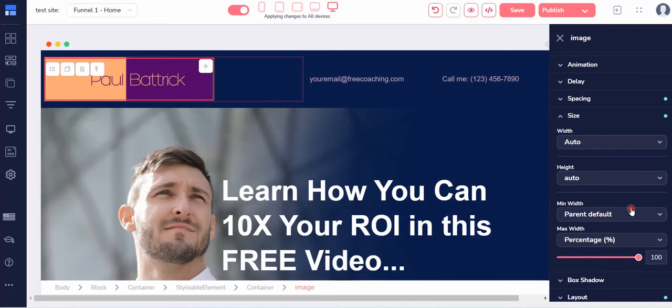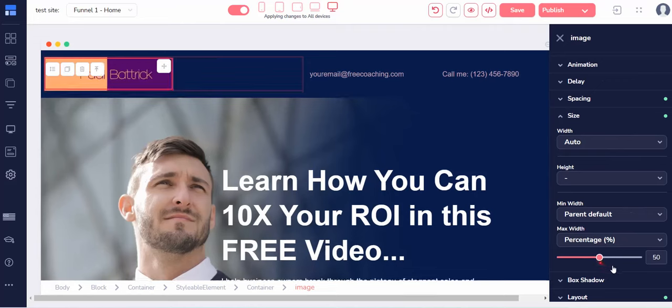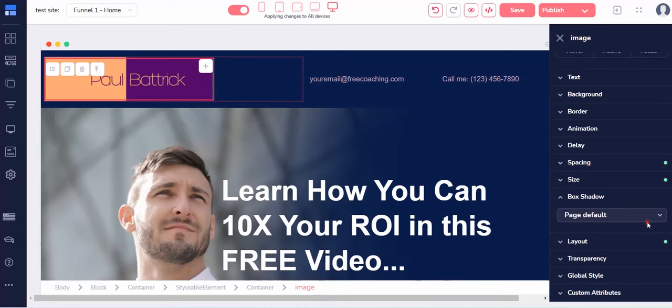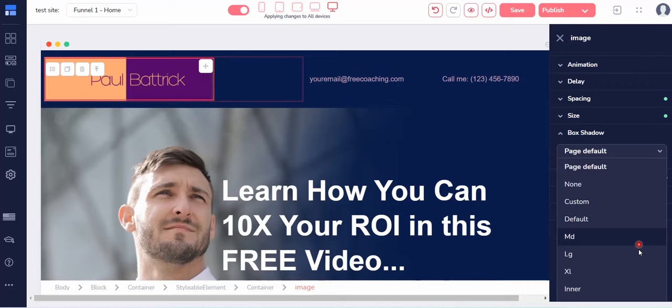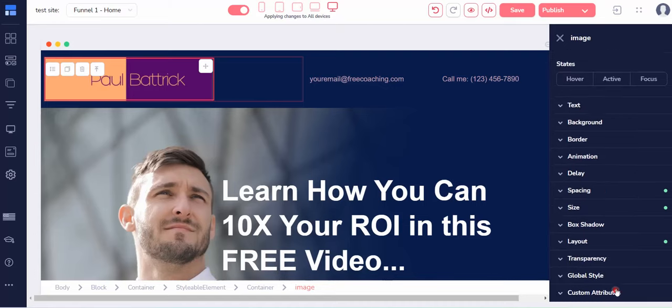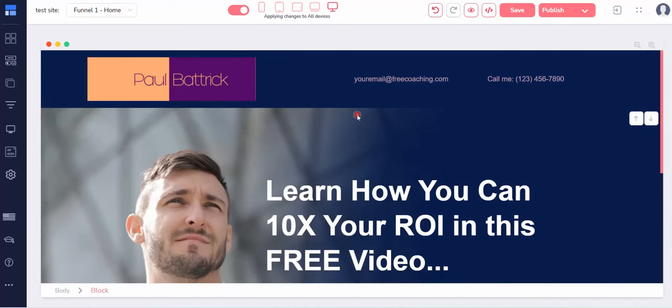Spacing, obviously size, so you can choose different widths and size. You can just play around with this here. As you can see, if I do that, it just changes the size. You can create box shadows if you wanted to as well. Inner, outer, emboss, all sorts of things, as you can see. So there's lots of things you can do to make it truly unique. And if you really want to make this site your own and make it as cool as you want to make it, as professional as you want to make it,